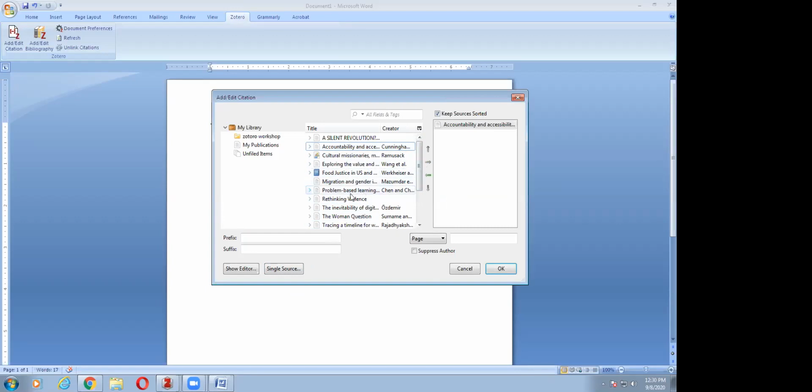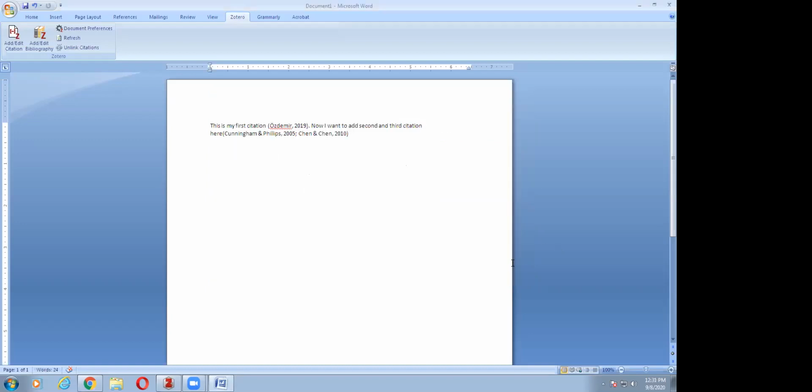If I select the second article and click again, it will be copied into the right window too. And it also allows you to order them. Suppose I want to cite accountability first, and later the problem based. So I click on accountability and click the upper arrow, so it will go first, and say okay. So here you will see the two articles from my Zotero have been cited, right?